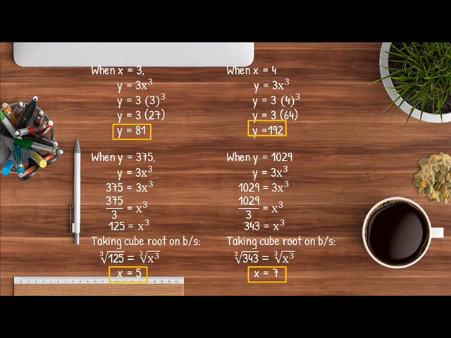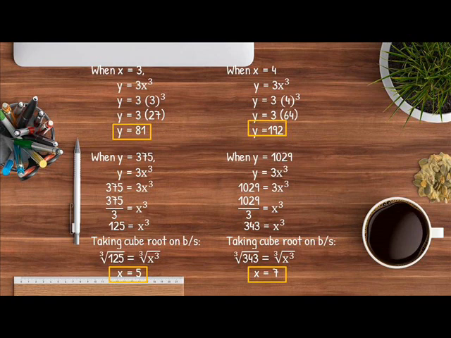Now we will make use of the equation, that is y equals 3x cube, to find the unknown values. As you can see in the table, we have x equals 3 and x equals 4, and we need to find the values against 3 and 4. So let us find the values of y. Well, we will simply substitute the given value of x, that is 3, into the equation. So our equation becomes 3 into 3 is to the power 3. Well, 3 is to the power 3 equals 27. So we have 3 into 27, that equals 81. So the value of y is found to be 81.